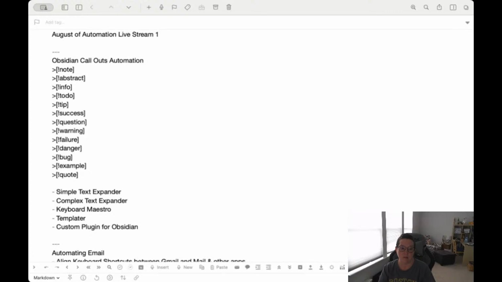And then there's actually some tools in Obsidian that will do this as well. So we're going to look at three or four of these just to see what the different options are for this and see some of the benefits and the downfalls of that. So we're going to start with Text Expander. I'm going to open that up and bring that onto the screen here so that you can see it.